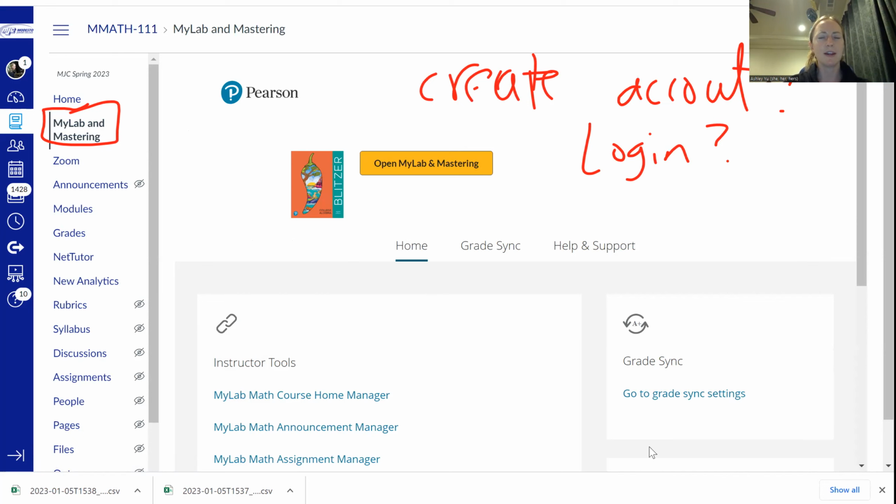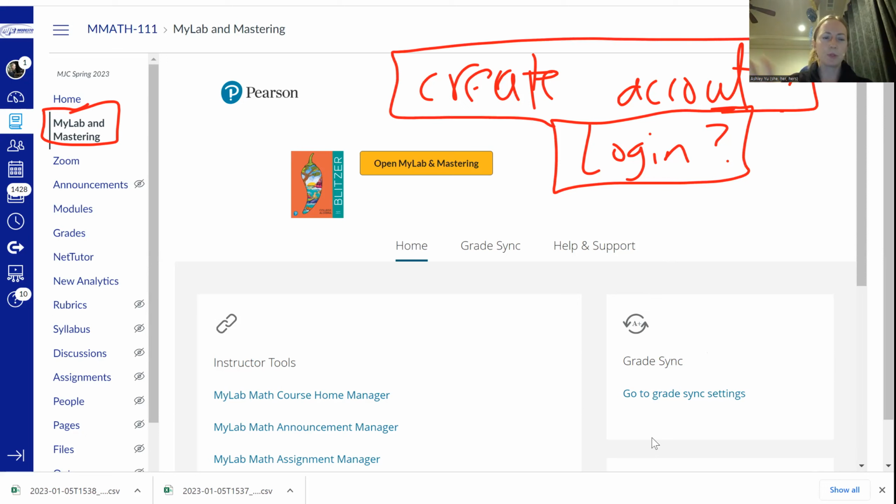And if you've ever used MyLab, either MyMathLab or even for psychology, I think Pearson is the publisher, right? They make My Stats Lab, My Psych Lab, My Bio Lab. If you've used Pearson's site at all in a different class, you should be able to log in with the same account. You're still going to have to pay for it, but at least that way you don't have to create a new username and password. But if you've never used any MyLab, Pearson homework online stuff, then you just create an account.